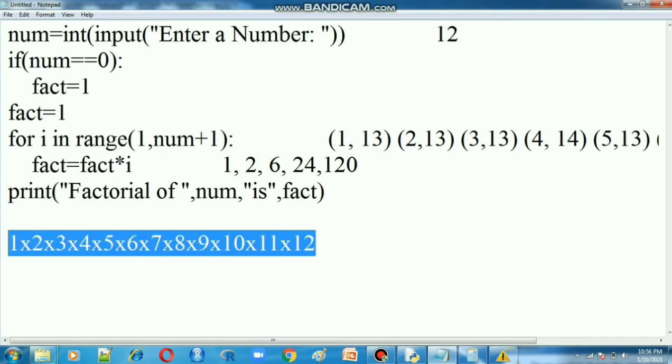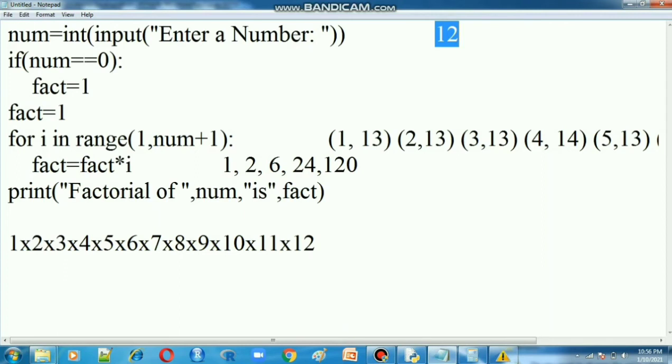That is the result of this program, factorial of 12. You have to multiply all these values, and that is the result of factorial 12.